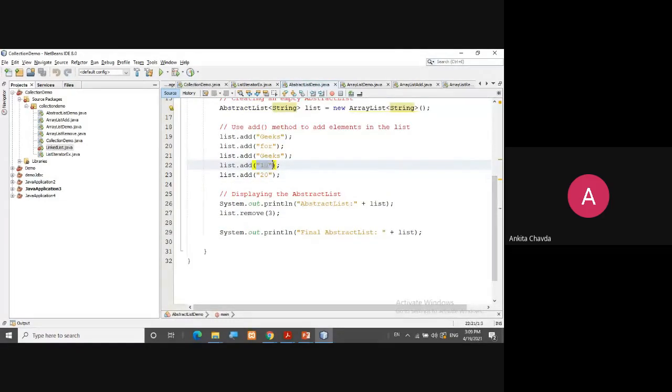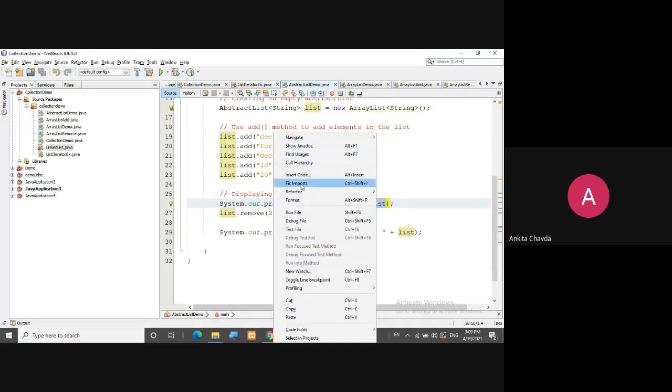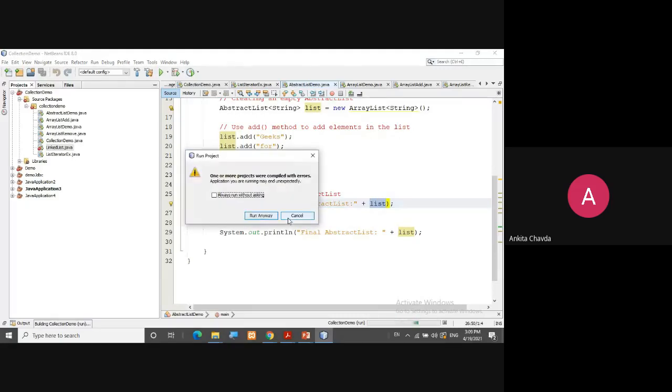They are not integers, they are strings. Now we will simply print this list. Displaying the abstract list, I'll simply write System.out.println and print the list over here. And then I'll remove list.remove(3). So first we'll run this.